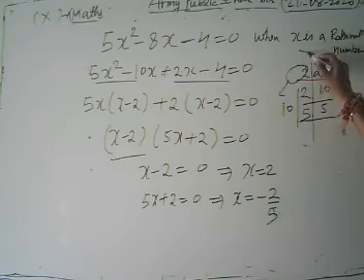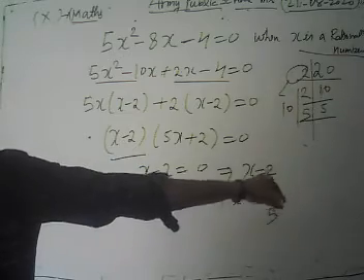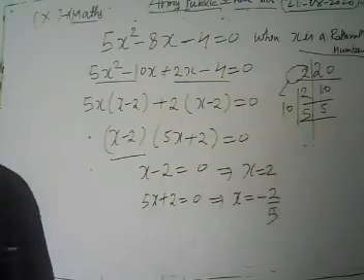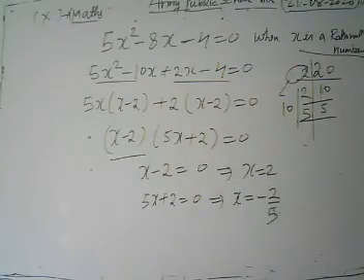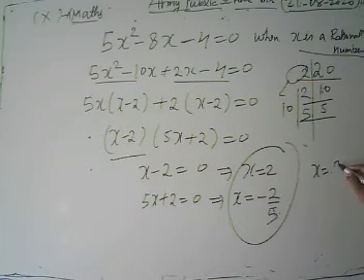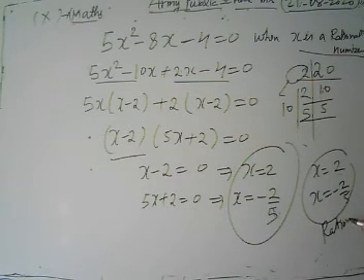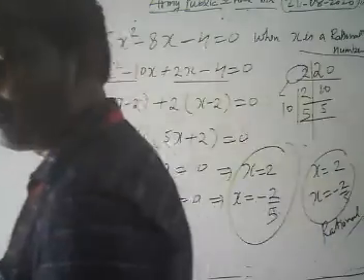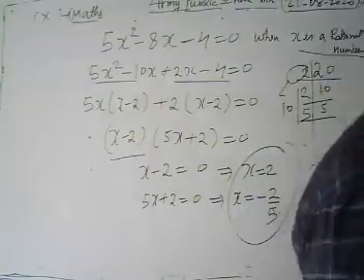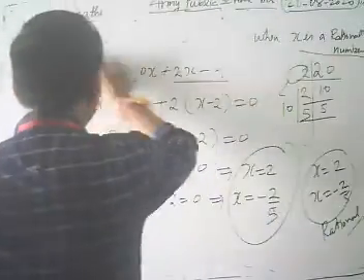Now look, we have to find the solution when our x is a rational number. 2 is a natural number, 2 is a whole number, but a whole number is also a rational number. Then this is our solution. Minus 2 by 5 is a rational number. So for the given condition, when our x is rational, both values x equal to 2 and x equal to minus 2 by 5 are solutions, because both are rational numbers. We have to find the values of x for which x is a rational number. Then we get our required solution.